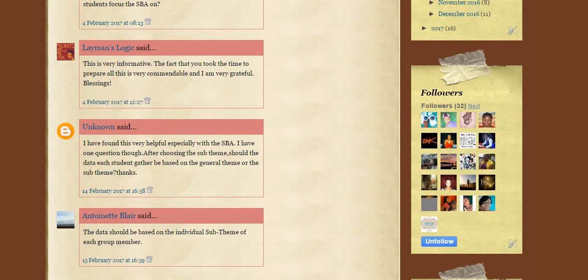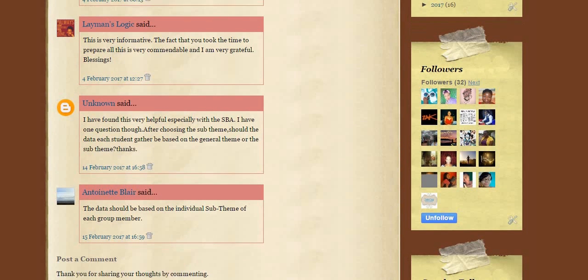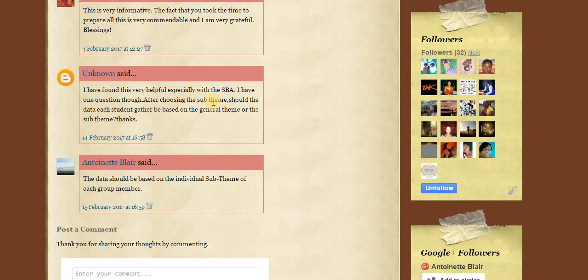Layman's logic, very informative. Thank you very much, Layman's logic. I found this very helpful. Thank you, unknown. It says, after choosing the sub-theme, should the data each student gather be